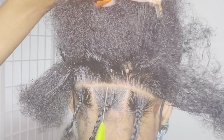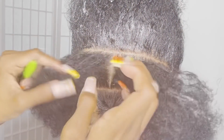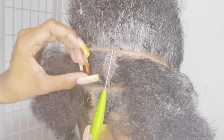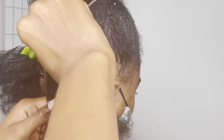So after I've done that, I'm now going to go from the bottom to make a middle part just so I can get started with my part. No, this is not straight, but again, I'm going to add my shining jam to make sure it is as straight as possible. So the reason why I am starting from the bottom, I have found it easier for me